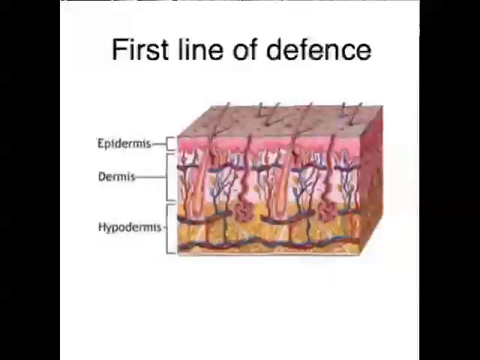Now, non-specific immunity starts with the very first line of defense, and that is keeping bad stuff out of our bodies. We do this several different ways. For example, we have skin, which acts as a barrier against entry of microorganisms. When you're cut, that can allow the entry of bacteria or viruses. The skin also produces fatty acids and sweat, which inhibit the growth of bacteria. Another first line of defense is the production of mucus in the respiratory tract,